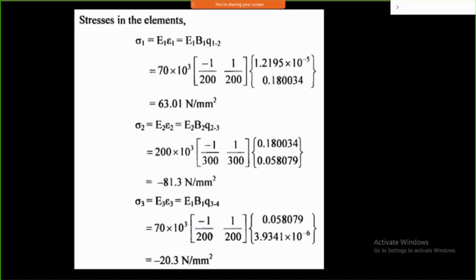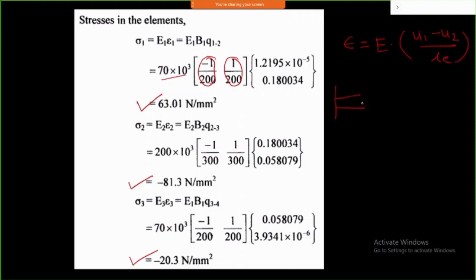So once you got this, the next part is to determine the strain, and the strain is determined by a simple equation. Already I told you, epsilon is equal to the material property into (U1 minus U2) upon the length of the element. Here U1 will result, here U2 will result, and the difference of these two will result in 63 newton as a force. Here it is minus 81 as a force and minus 20 as a force. You just look at one thing in this particular model.